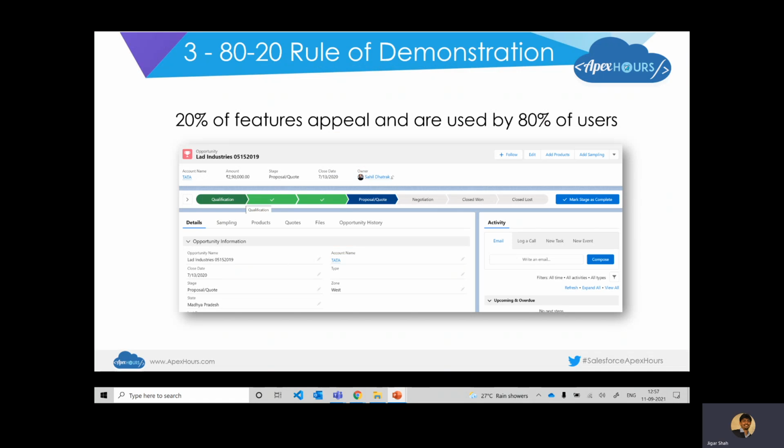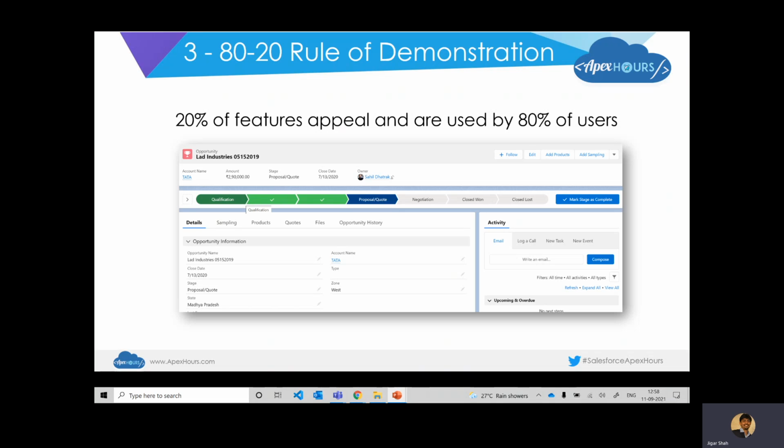The third most important principle, and I've seen this often: everything in the world is time bound, right? And so are our Salesforce demos. If somebody asks you to demonstrate Sales Cloud, and the reason I keep going back to Sales Cloud is that it's one of the most common products that most people have worked in, so they would be able to relate to this. But like I said, this absolutely applies to any and every other product. It could be Field Service, it could be CPQ, it could be a bespoke expense management solution that you've built using the Lightning platform, right?